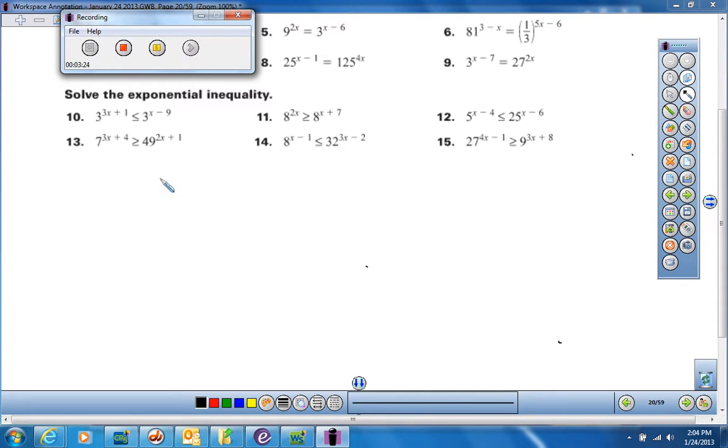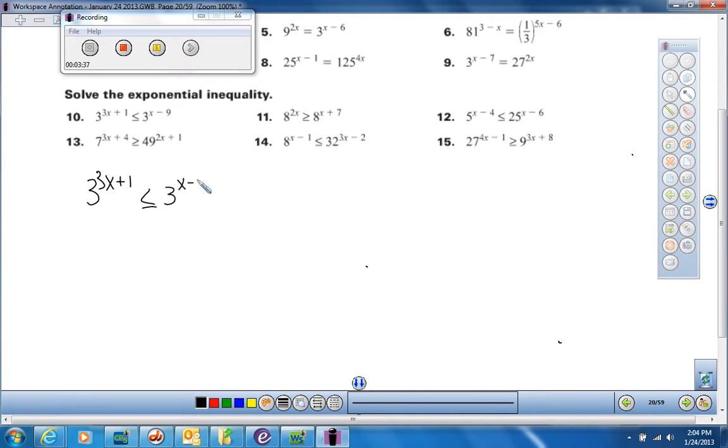Alright, I'm going to go ahead and we'll look at the inequalities. The only difference is you got to be careful when you multiply or divide across the inequality with a negative sign. So let's go ahead and look here. These already have the same base. So I'm just going to bring that down as 3x plus 1 is less than or equal to, I'm working on number 10,